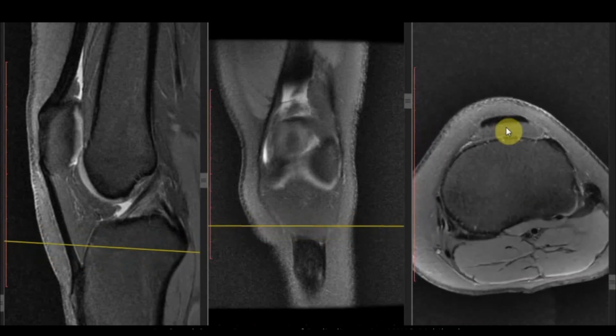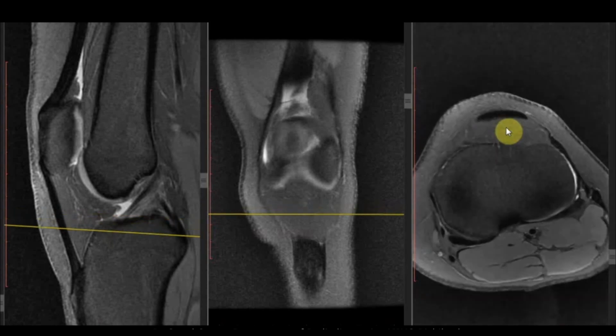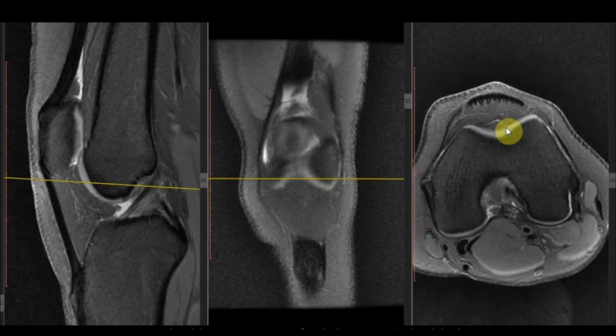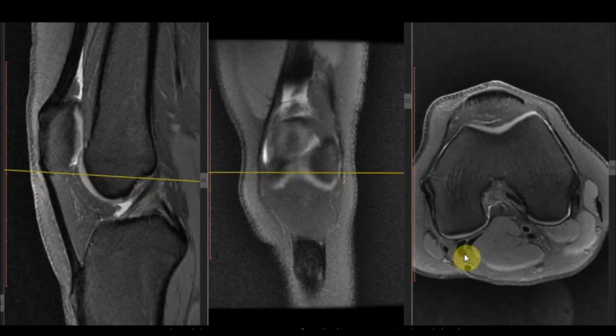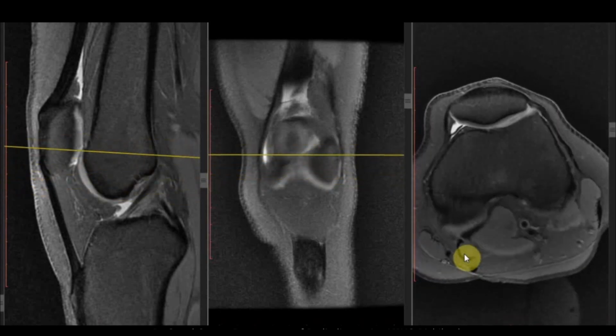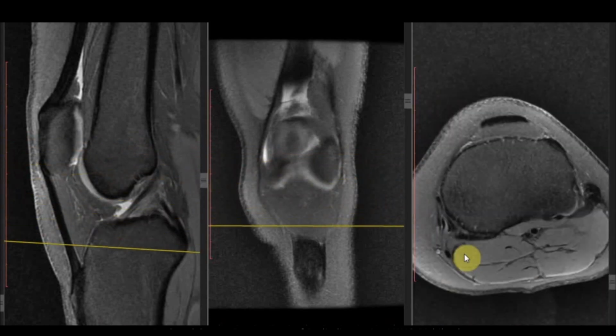Then we have one important bursa in the posterior aspect of the knee joint, that is the semimembranosus medial head of gastrocnemius bursa. This is the tendon of the medial head of gastrocnemius. This is the semimembranosus tendon, and there is a potential space between these two tendons, and there is a potential bursa here. It is not distended in this patient, but if it is distended, it will give a very nice fluid distension, and there will be a pocket of fluid posterior to it. If this bursa is distended, it is known as Baker's cyst.